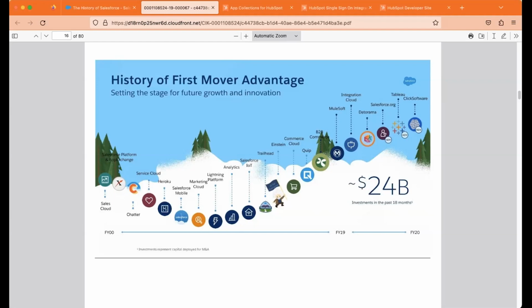So, they're very proud of that. This is actually from their investor deck. But we're going to talk about how that impacts the customer at the end of the day. So keep these things in mind. HubSpot is not only a newer company, okay, but it started with two different premises. Premise number one is that we are building the product for the user.